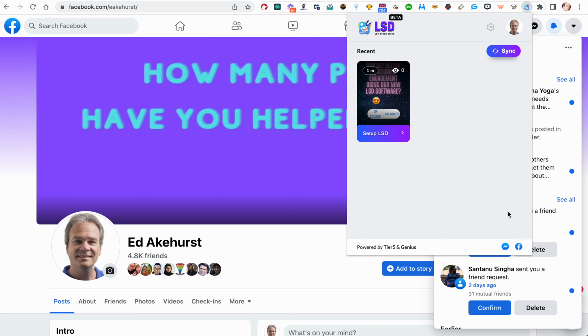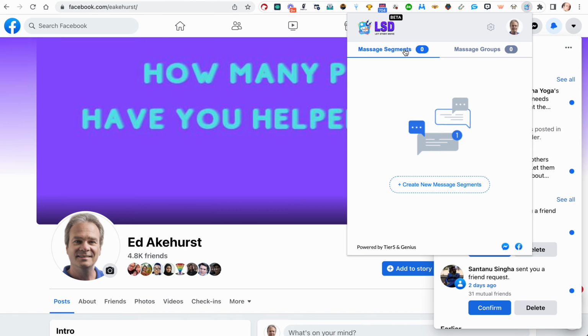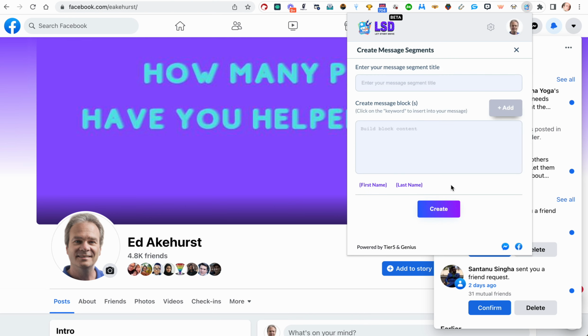If you would like to send messages to people who engage with your stories, you're going to want to create segments and groups. This is a way to vary up some of the text, and you want to break your message into different segments. And if you're doing a poll, for example, let's say I have an LSD post and I want a poll